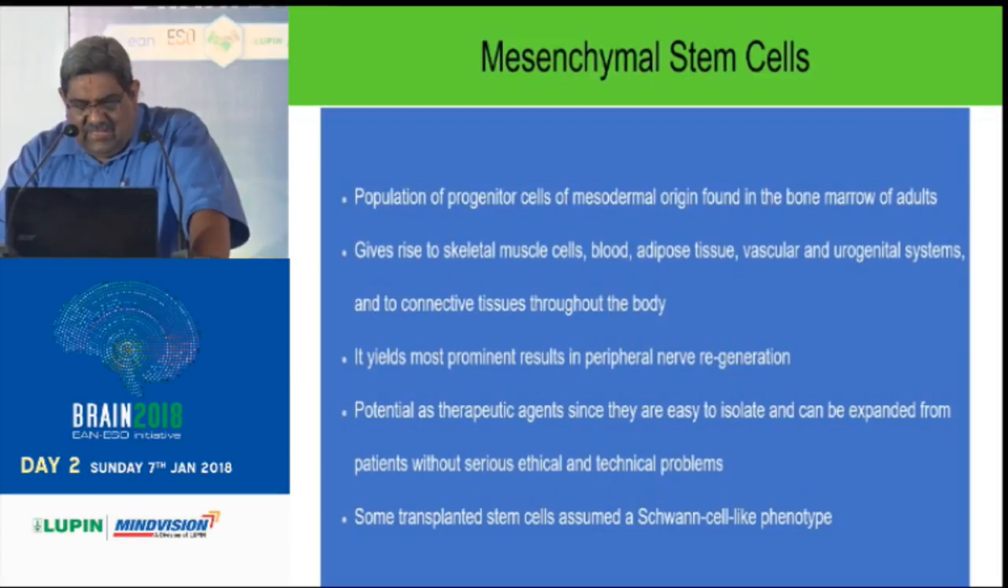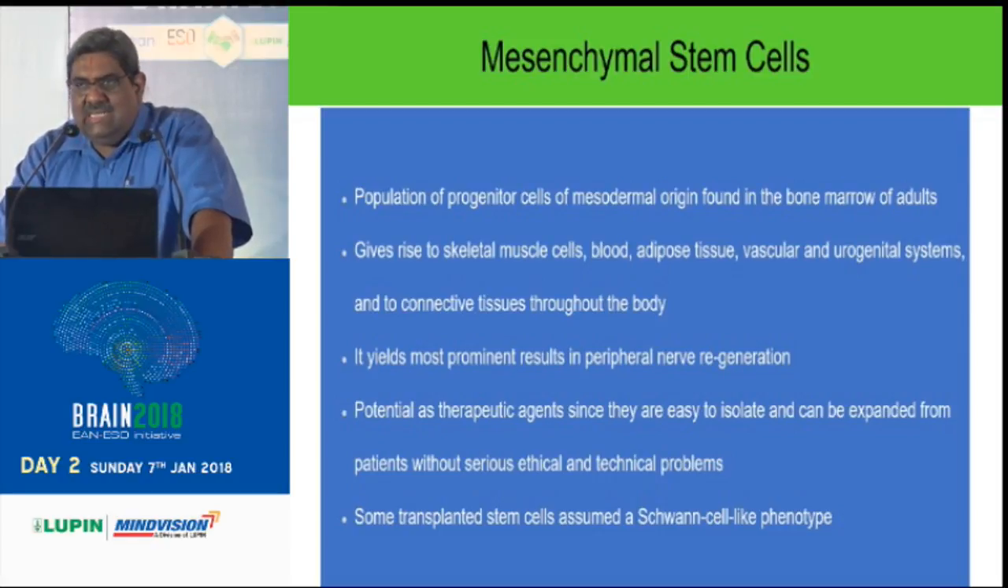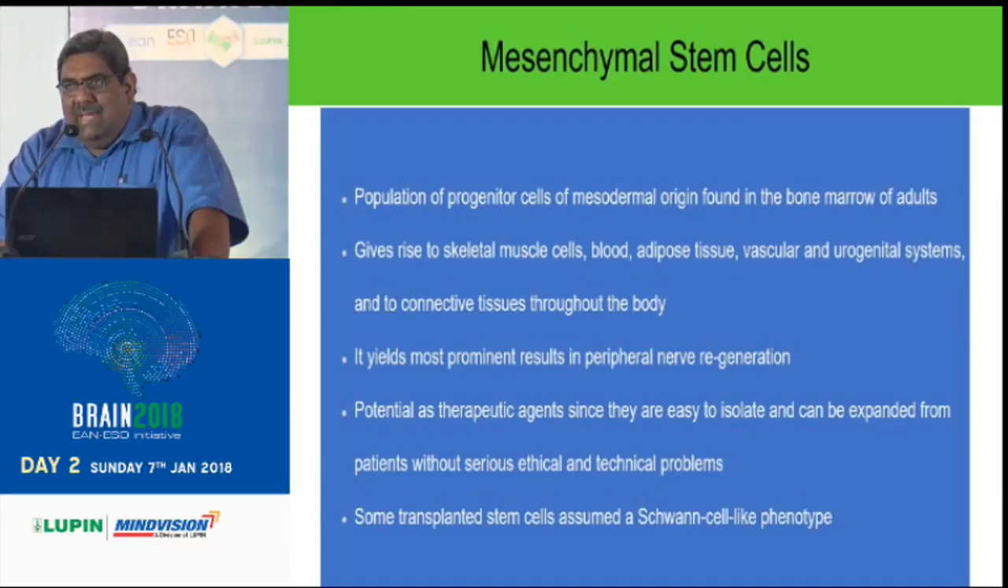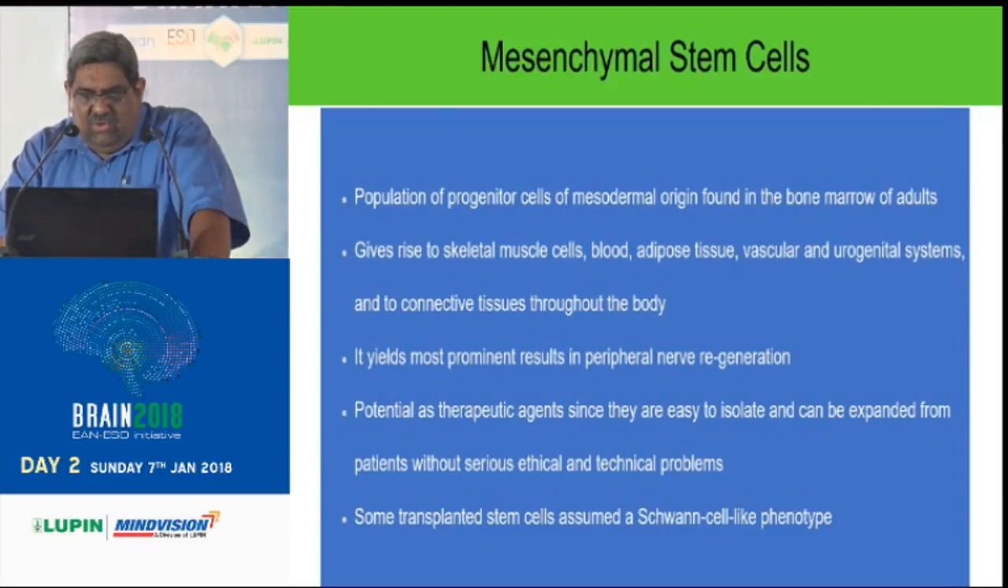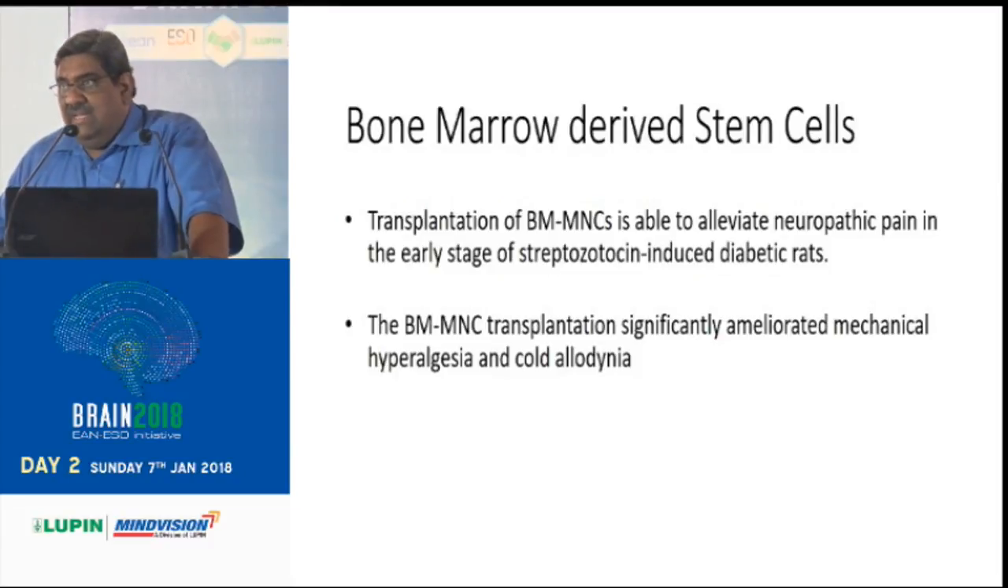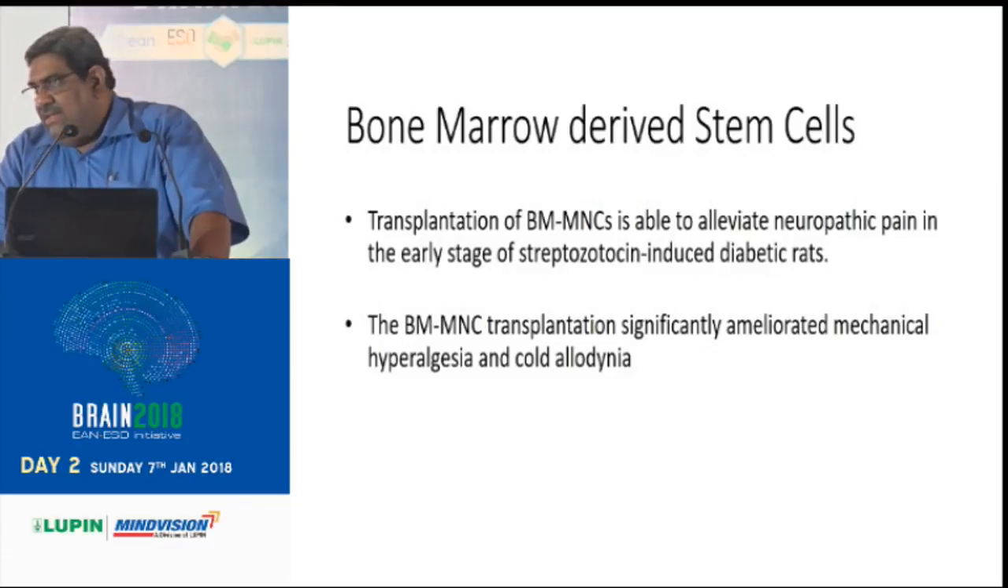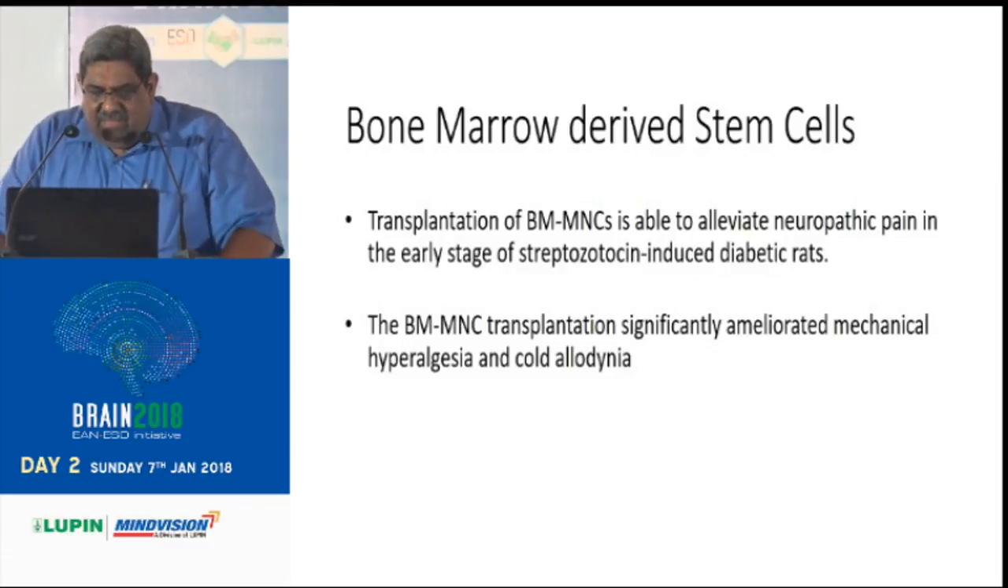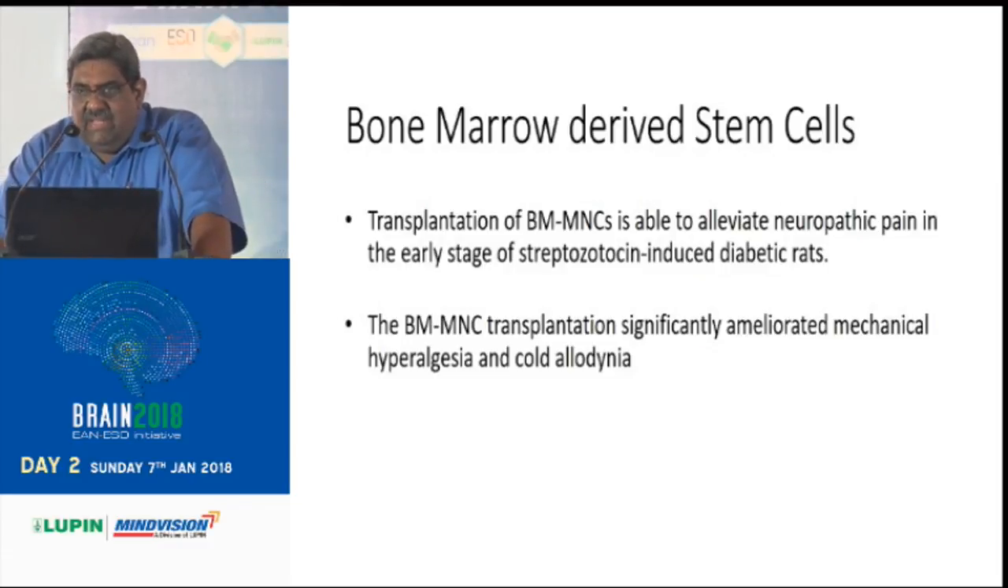Some transplanted stem cells assumed a Schwann cell-like phenotype. So in myelin repair, it's going to play a role in the future because most of these mesenchymal cells have a tendency to become Schwann cell-like cells and produce myelin. The bone marrow derived mononuclear cells are capable of alleviating neuropathic pain in the early stages. It's been proved, especially in diabetic neuropathy, where human trials have started, that BM-MNC transplantation significantly ameliorated